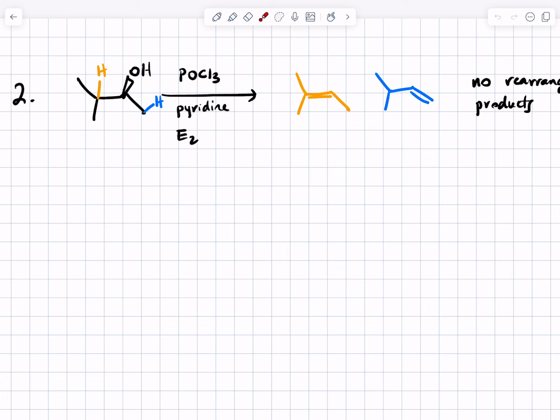You will, however, need to know, for example, with POCl3, that it's an E2 mechanism with no carbocation intermediate. So, POCl3,